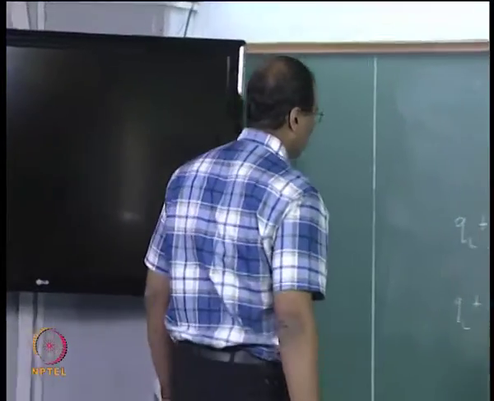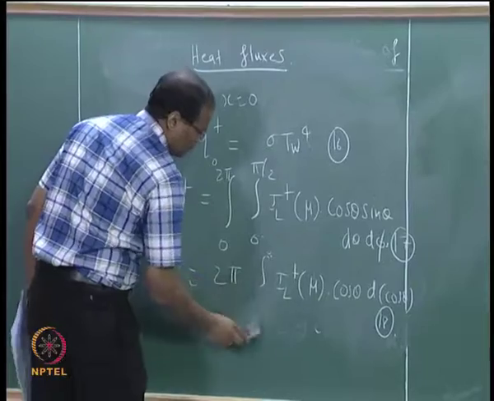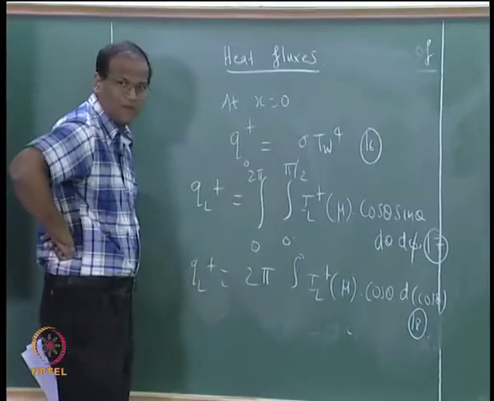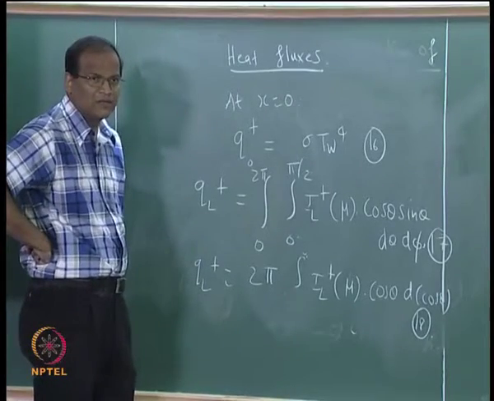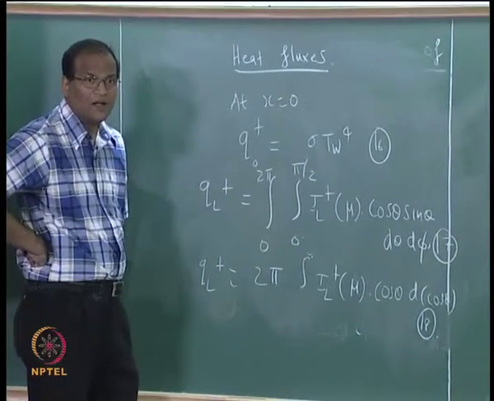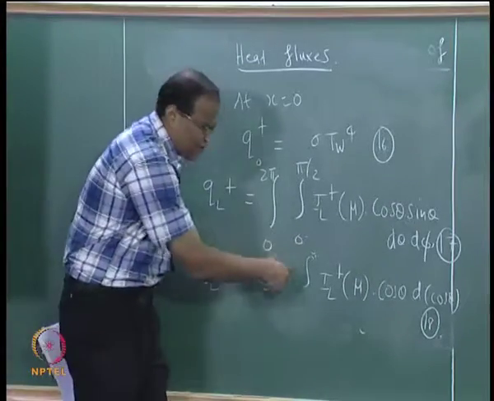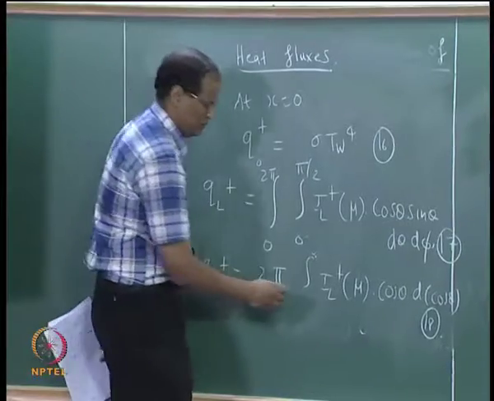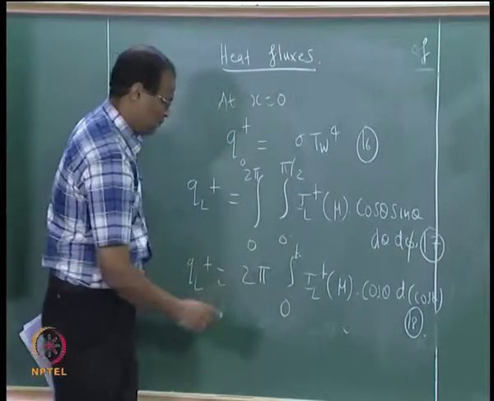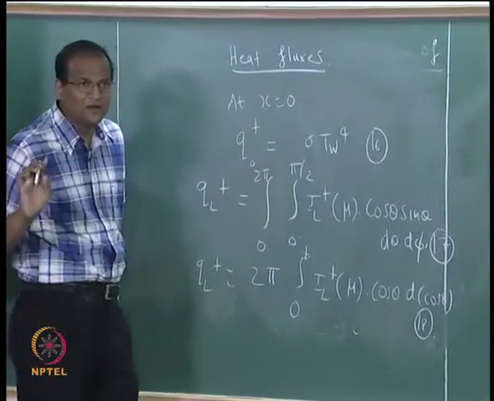No, this is what? It was correct, sir. It will come... no, minus, but d of cos theta means minus sin theta. Minus sin theta. Cos theta ranging from 0 to 1, it's not 0 to pi by 2. So the minus was taken care of, 0 to 1, everything is done now.